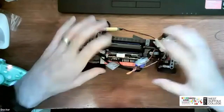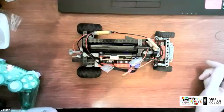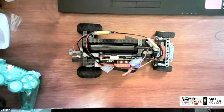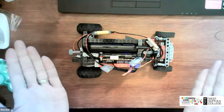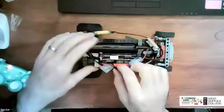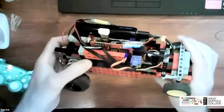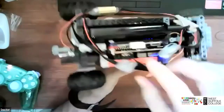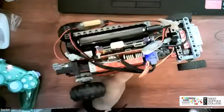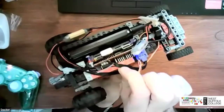The rest of the construction is just ordinary Lego. Now, you may be wondering, how do you interface your Lego to the Raspberry Pi? Well, we know a little bit about motors now. They have 2 wires, and if you connect them to the battery one way round, the motor goes forwards. If you connect them the other way round, the motor goes backwards. And all I've done is, these are the Lego Power Functions motors, I've taken the 4-wire cable that comes from the motor, and I've chopped it. I actually took one of the extension cables so I could chop that in half, and the middle 2 wires